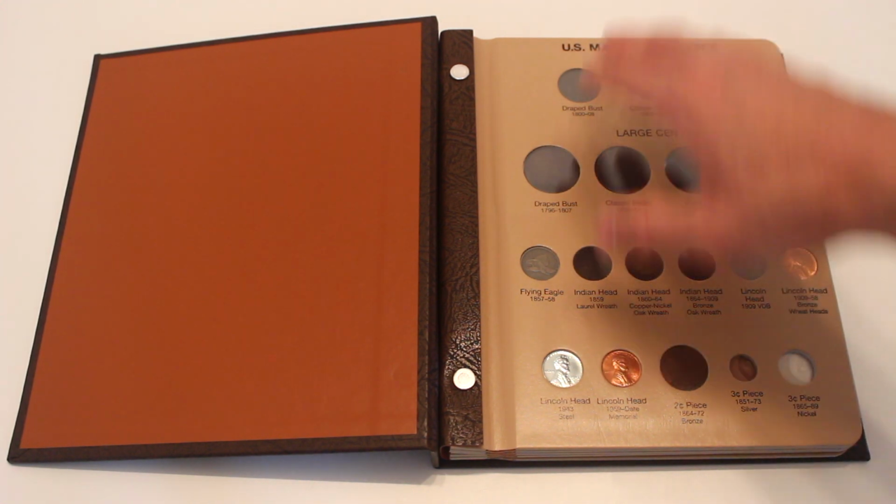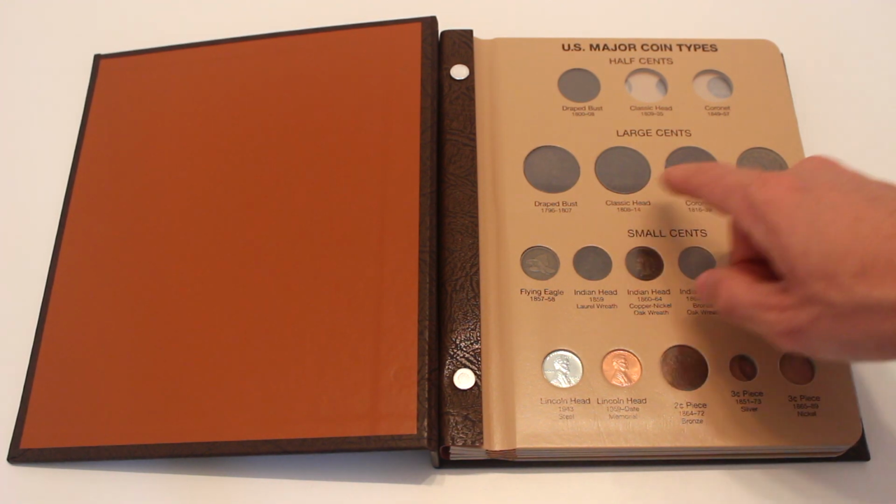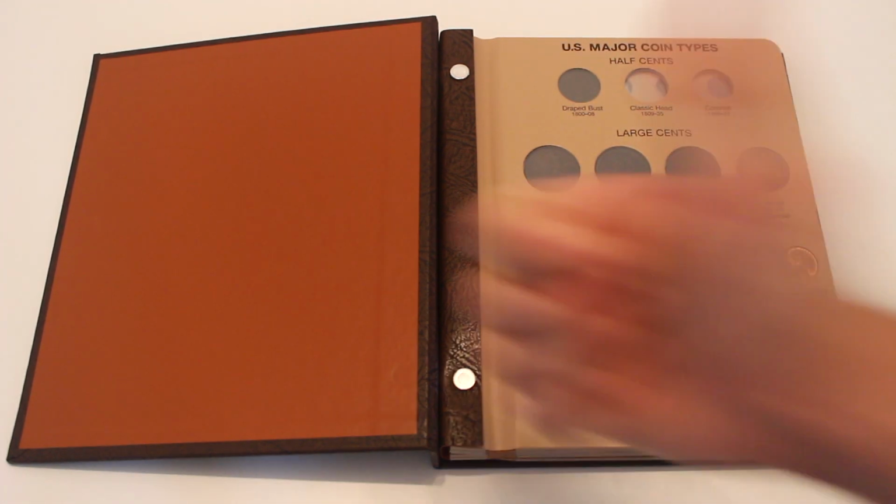Now I'm going to put some superimposed images of these pages on the screen as well because it's a little bit hard to see with the glare because of the protective plastic. And we'll start with the half cents, of course, but before we do, me a favor